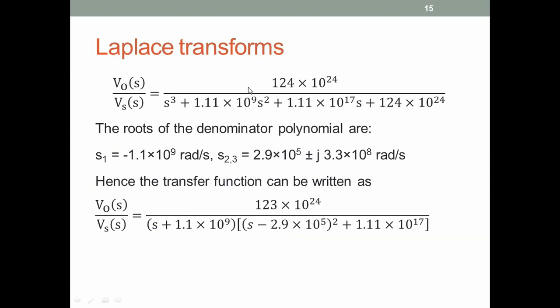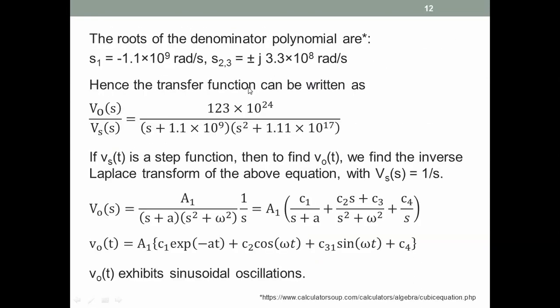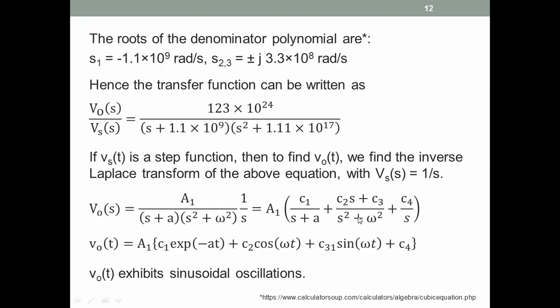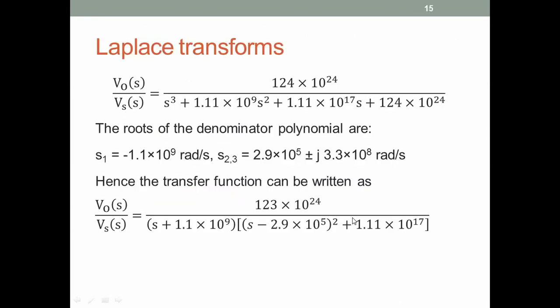So, let's go back to that form. So this was the form we had. So either this or this. The low frequency gain is 123. These are only affected by the pole. Only this 123 is the low frequency gain. So we write it in the same form, but instead of 123, we write 124. So this is 124. This is 124. Now again, we find the roots of this cubic. So I did use that